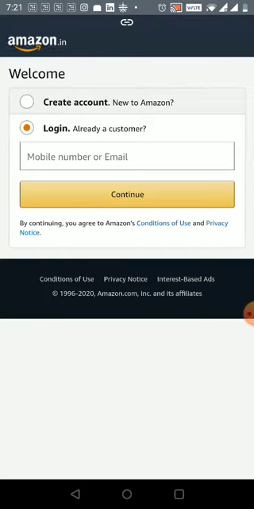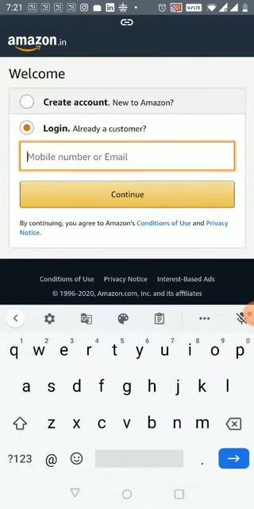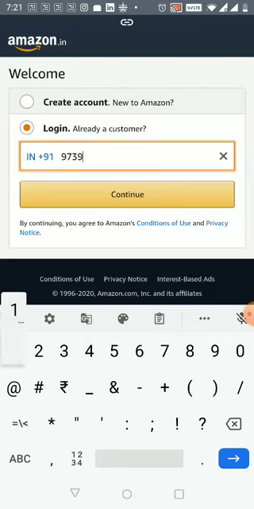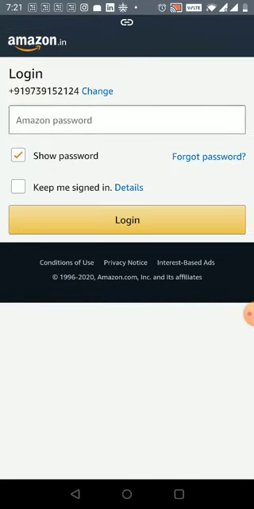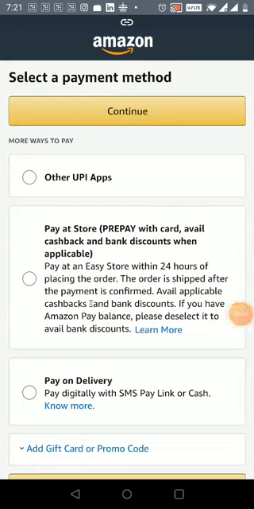Say this is an existing customer who has made a purchase before. He can share his mobile number with you. Right, then we log in. Once we have logged in, we see these three payment modes being displayed. Other UPI apps is any of the BHIM app or HDFC Bank UPI app or any other UPI app that you use. Say even Google Pay is one of the UPI apps.